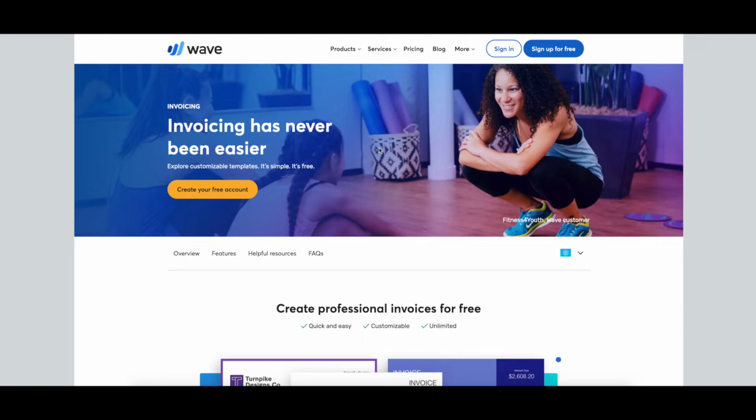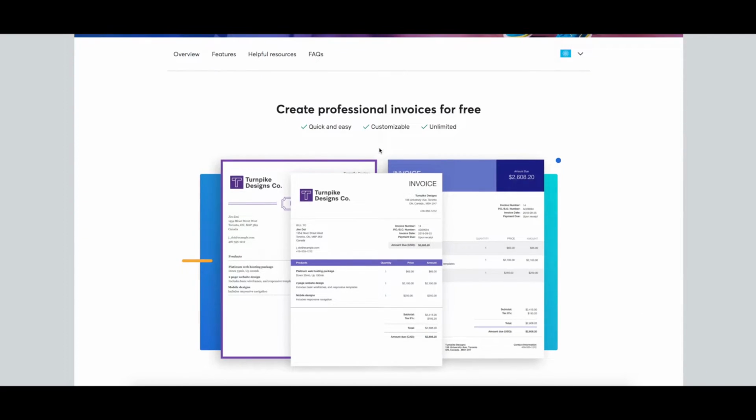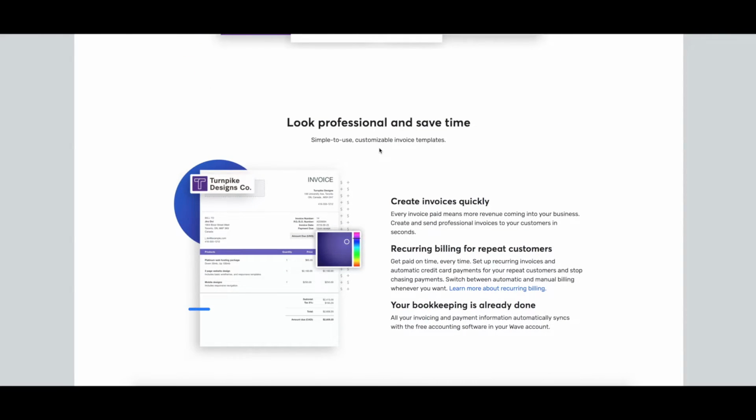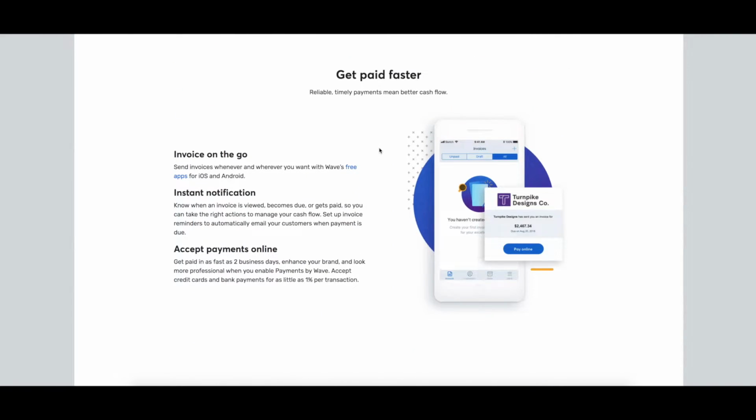Let's jump in. I've got over 50 tools that you will want to use in your virtual assistant business, so we better get started. Number one is Wave Apps. I totally love Wave Apps. It's completely free and it's a way for you to invoice your client. You can even set up reoccurring invoices. An awesome tool if you're just getting started and wanting to get paid from that first client.